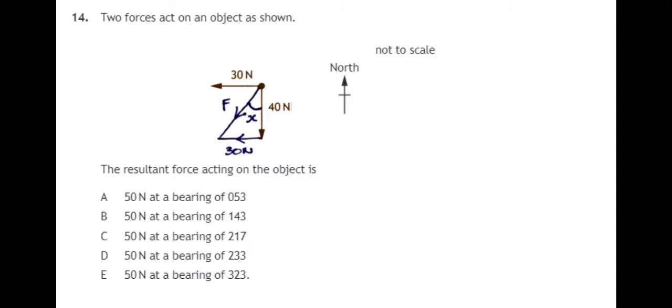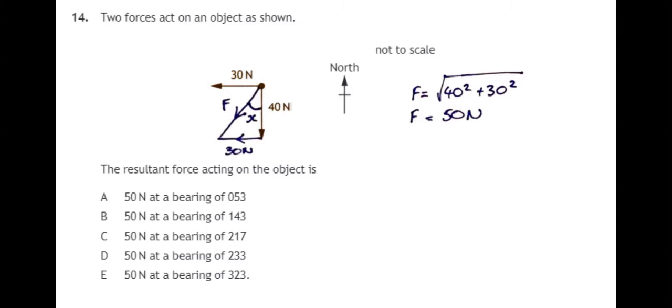So if we have a right-angled triangle, we can work out the length of the hypotenuse using Pythagoras. So the force is going to be the square root of 40 squared plus 30 squared,